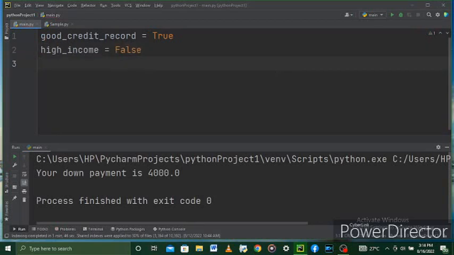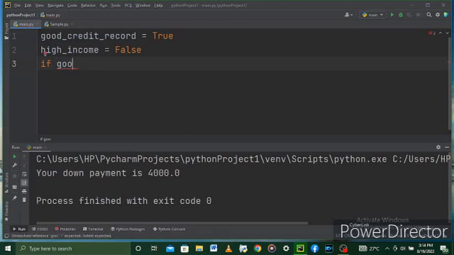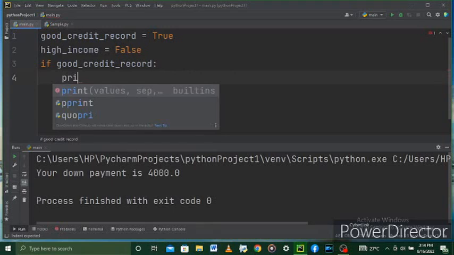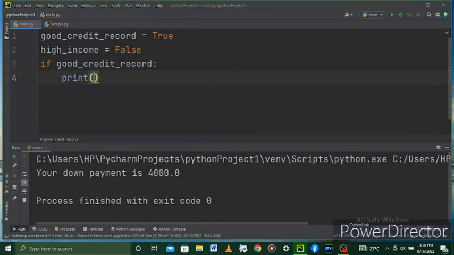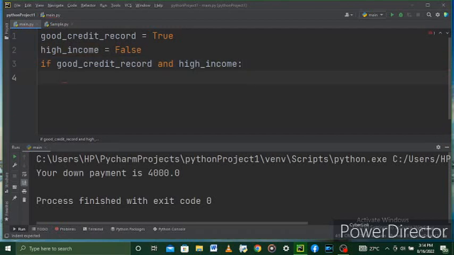Okay, so the next thing to do is to write the conditions right now. So, if good credit record, and high income, print